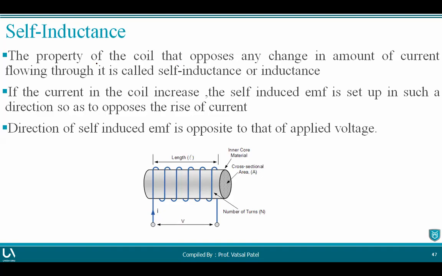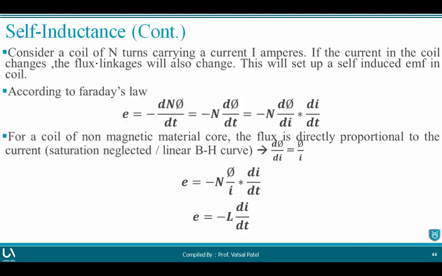The second sentence over here says the same thing: if the coil current is increasing, the self-induced EMF set up inside the coil will have a direction opposite to the current. That opposition is indicated here with the minus sign in this equation. Are you getting up to here? Are you getting or not?